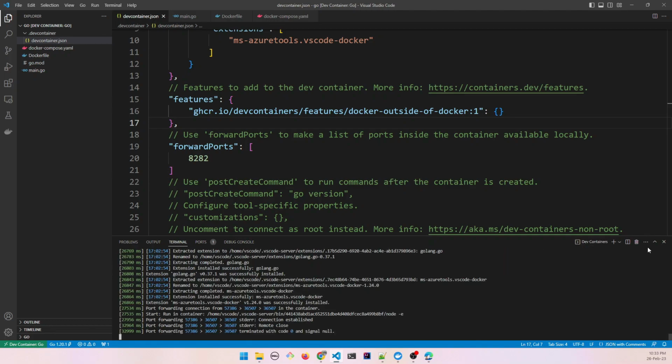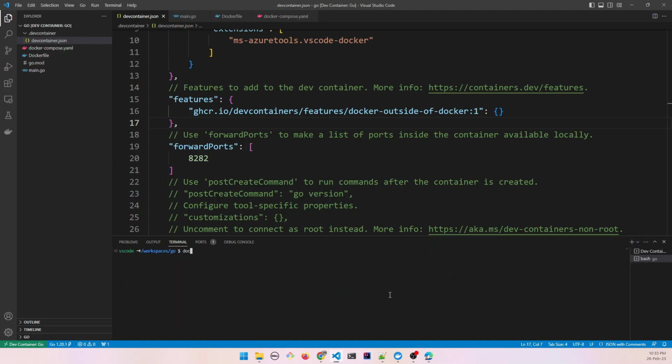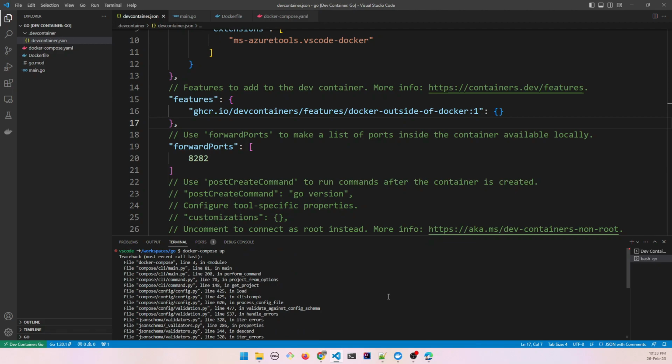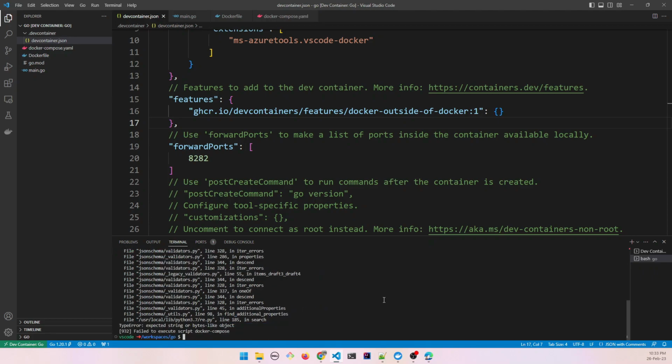So now let's open a terminal and try our Docker Compose. So Docker Compose up. So what is the problem here? Docker Compose: non-string key in services web.ports. Okay, so